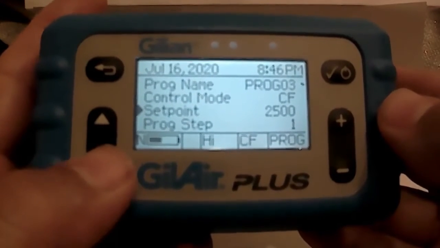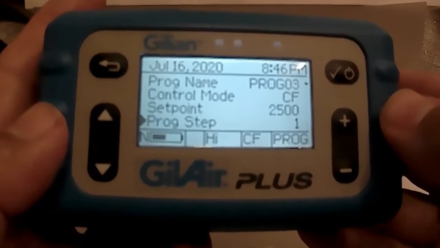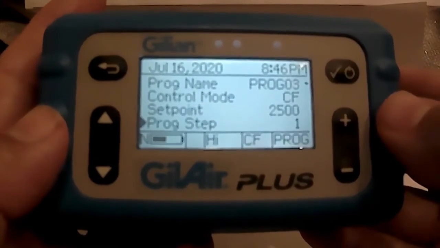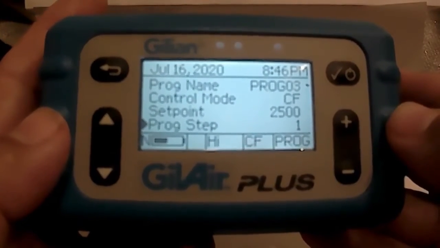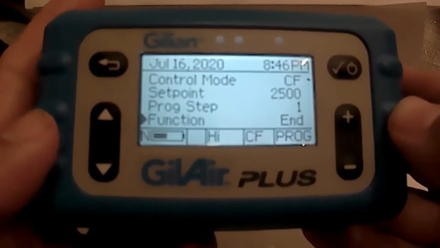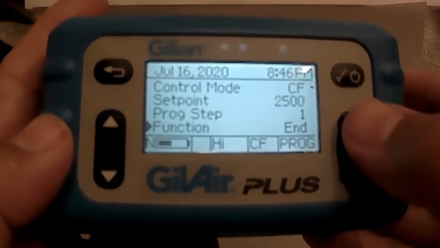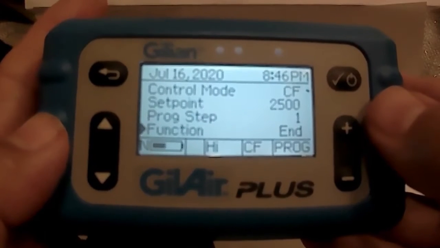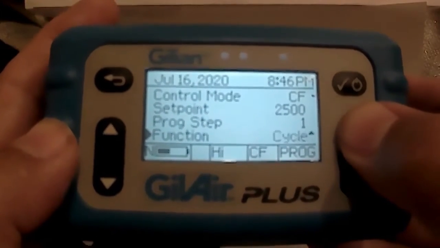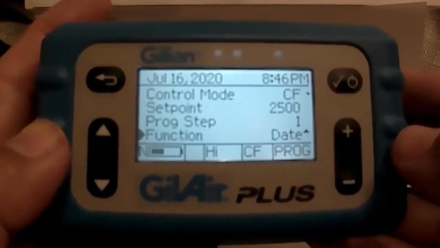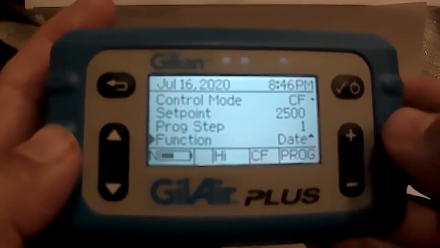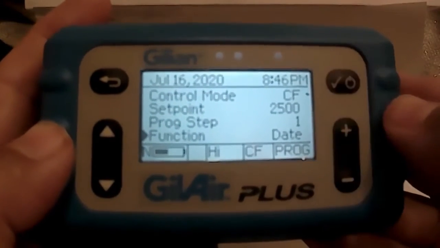I will now arrow down one time to my program step. Since we're just beginning our program, we'll leave it on program step 1. We can now arrow down one additional time to function. From here, we want to set the first function of our program. Because we want it to start on a specific date and time, we will start by selecting Date, hit Enter,